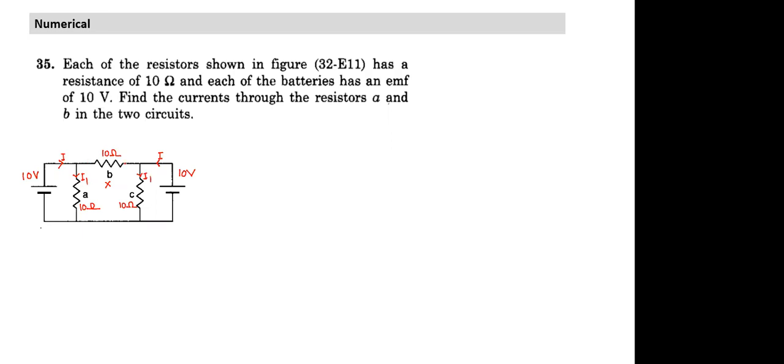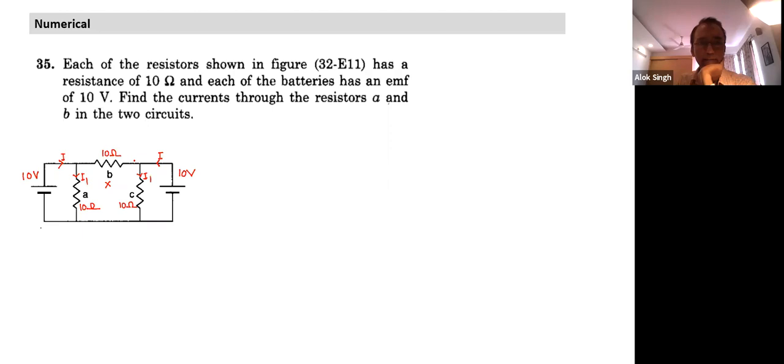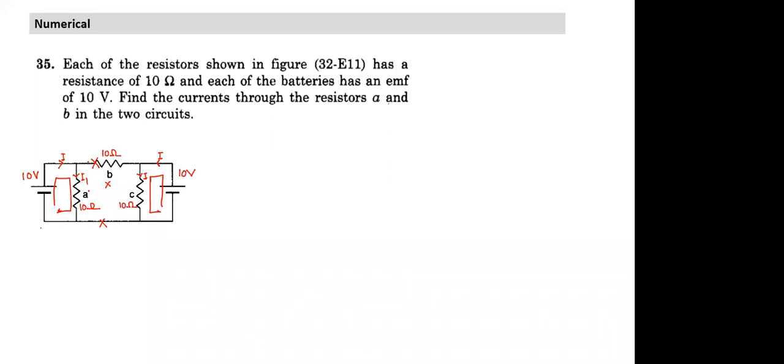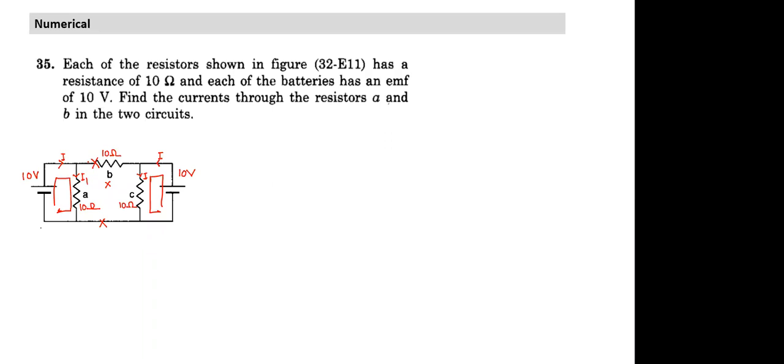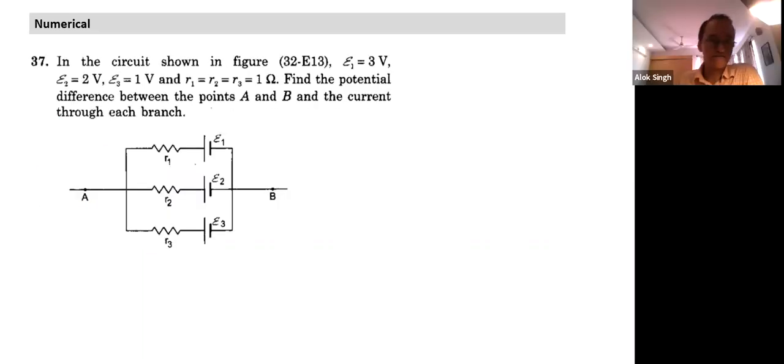Then what current should I have here? This one says I minus I1, and this says in this direction. Basically, the only way it can be satisfied is when the current is 0. So this loop will have a current flowing like this, this loop will have current flowing like this, and nothing will flow in between. So if you disconnect it, it also remains the same. These questions are more for building up your intuitive understanding. Okay, let's solve this question.